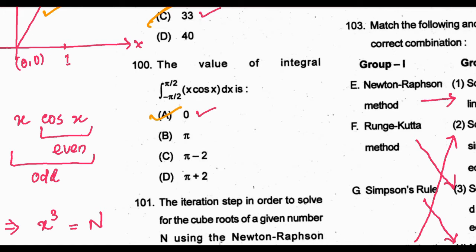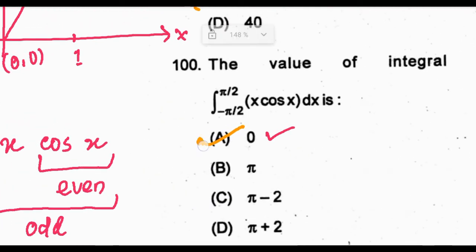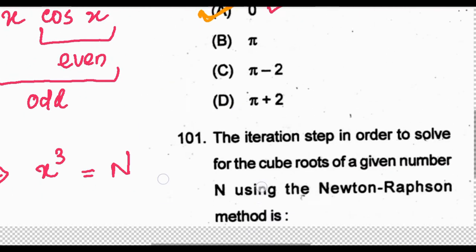x cos x is itself an even function, but x cos x is an odd function. As this one is an odd function, we can say that this integral value will be 0. Next is